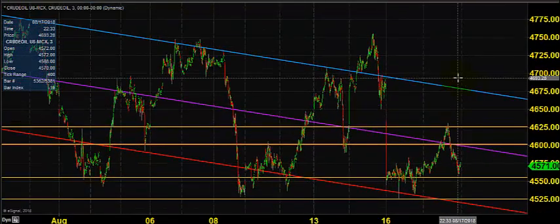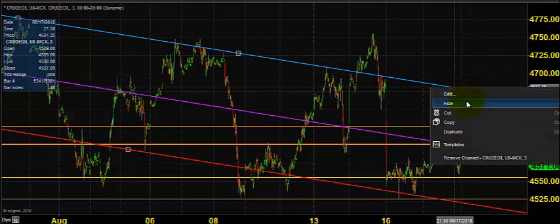So 3 trend channels to pick or to identify the twists and turns in today's trend for trading crude oil. So let us see what's going to happen